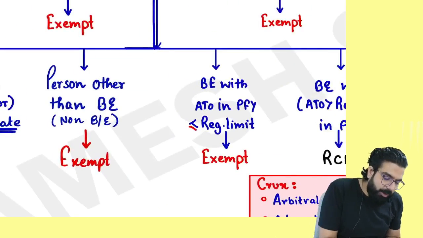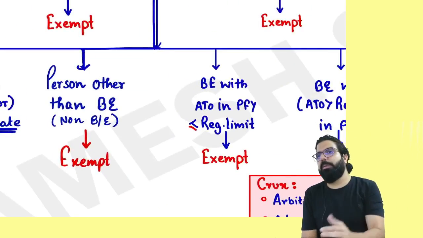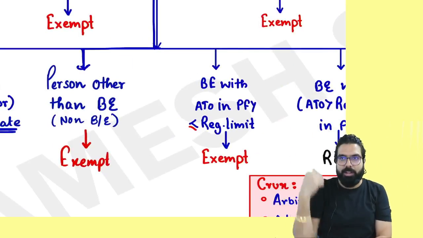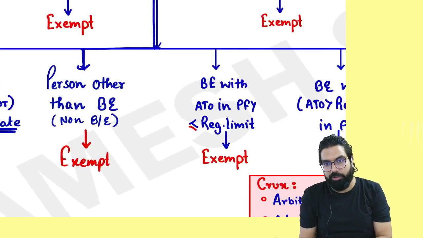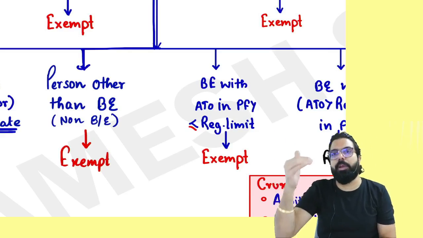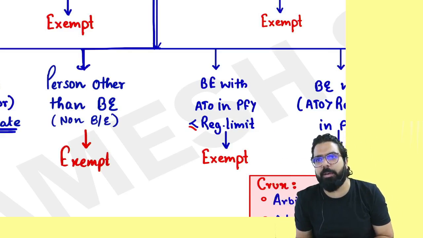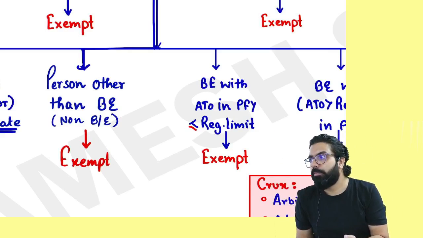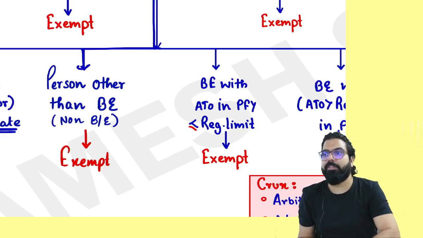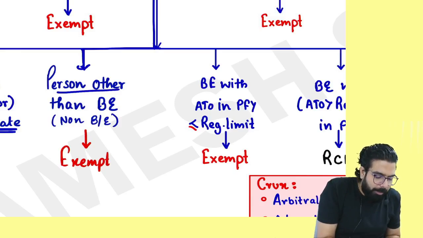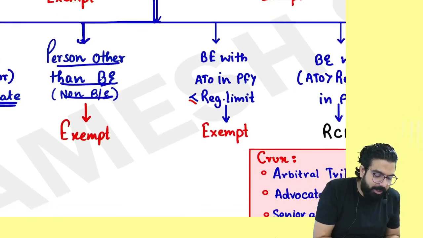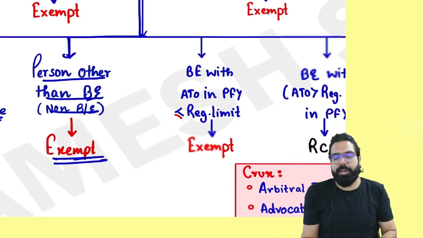But suppose an advocate gave services to others, and others said, I want a divorce. For the divorce, the advocate gave the services. Now, when the advocate gave the services, if others have to pay GST under RCM, they have to take compulsory registration. Hence the government said no problem: for a person other than a business entity, a non-business entity, GST will be exempted.